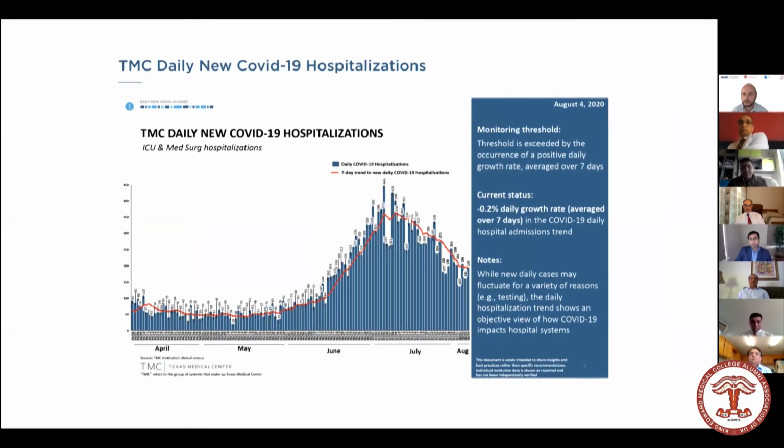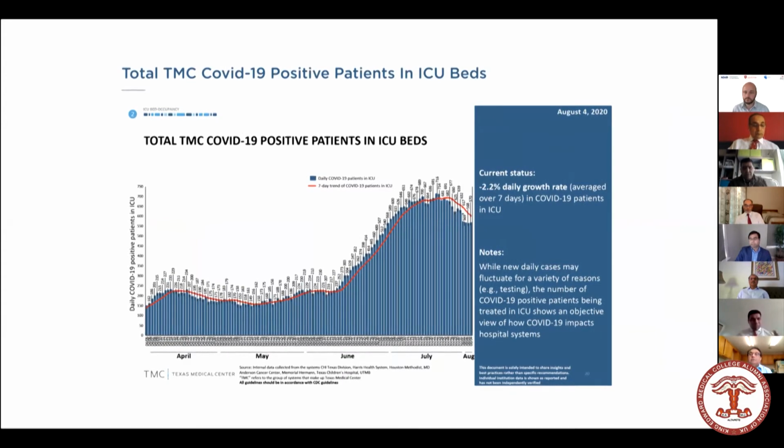The US in general and Houston specifically peaked late, so when you guys were just coming down in terms of your surge, that's when we were just peaking. We had our surge peak in mid-July, and as of right now, as you can see in the hospitalization, we're going down. This is the admission to the ICUs. Again, we peaked in mid-July, and currently it's going down.